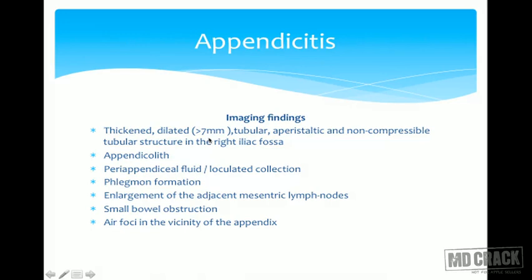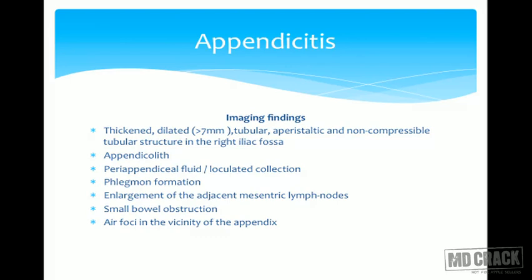Appendicitis. What are the imaging findings in appendicitis that we look for? While we are doing ultrasound, we look for typically a thickened, dilated, dilated means something measuring more than 7 mm in size, aperistaltic and non-compressible tubular structure in the right iliac fossa. So there are these pretty straight guidelines on how to describe an appendix,